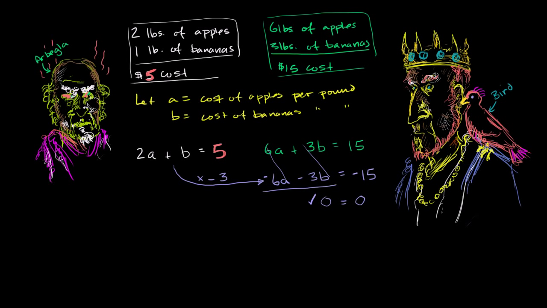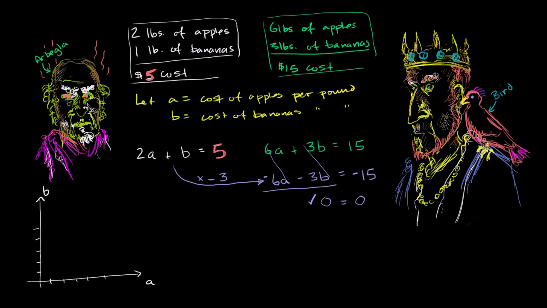And so then the bird whispers in the king's ear, and the king says the bird says you should graph it to figure out what's actually going on. And so you've learned that listening to the bird actually makes a lot of sense. So you try to graph these two constraints. Let's do it the same way. We'll have a b-axis, and we will have our a-axis. And let me mark off some markers here: 1, 2, 3, 4, 5, and 1, 2, 3, 4, 5.